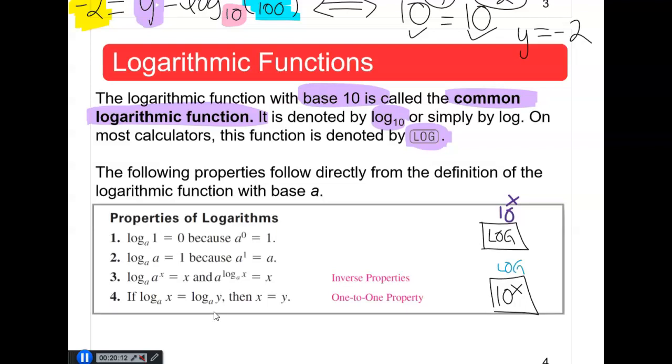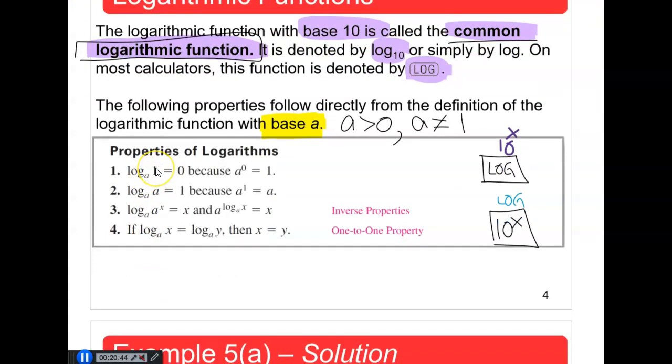So these properties are very useful, and they are just generalized to base A. Remember, the base A must be positive, greater than 0, and also A cannot equal 1. So when we go over these properties, please know that they also apply to the common logarithmic function, which is base 10. So the first one says that the log of 1 of any base will always be equal to 0. And that is so true because, as you saw earlier,